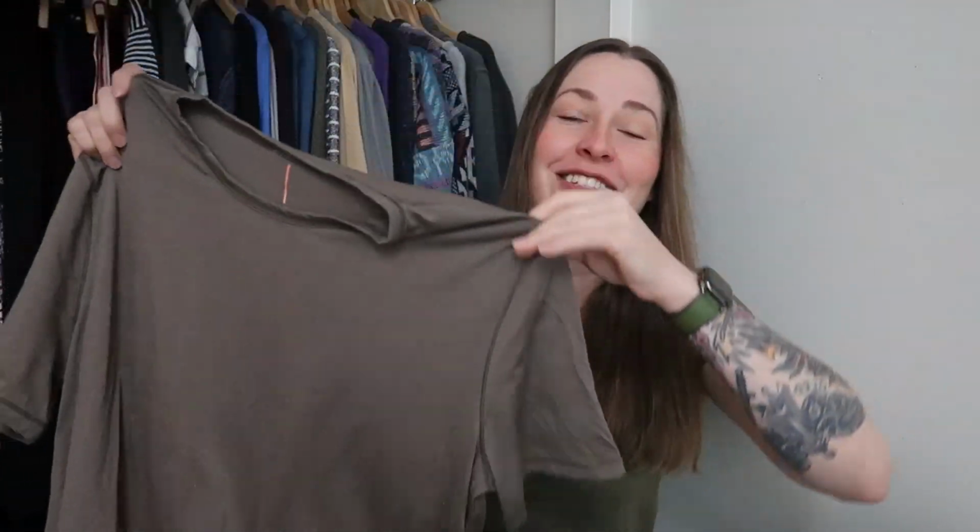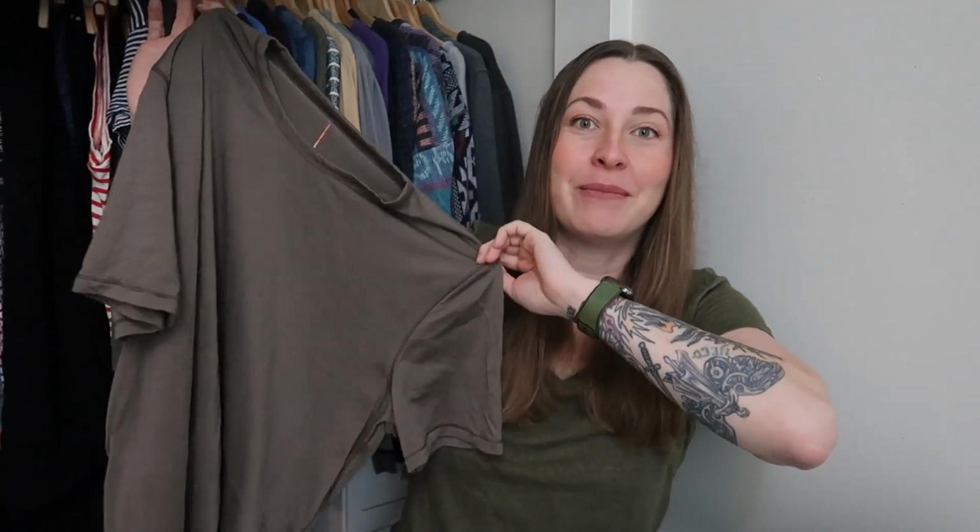So this is a merino base layer. I felt this shirt and I was like, this has to be something. I also saw that it was a size large, so I was like, oh, well, the boy could have this. No, the boy cannot have this because I'd much rather just buy him a pack of Ralph Lauren basic white tees for the cost of this one shirt, because these shirts are going for between $35 to $40 on eBay, and it just doesn't look like anything. It looks like nothing. So this is not to pass on those basic tees, because some of them can be